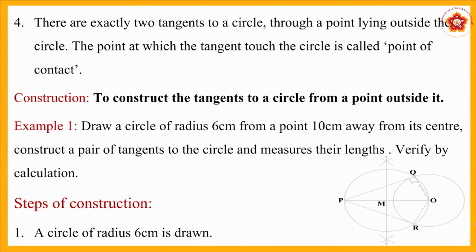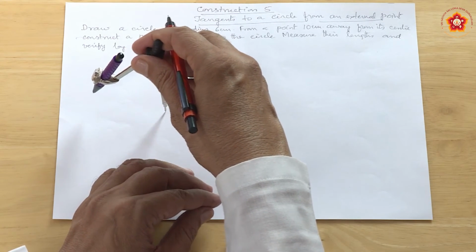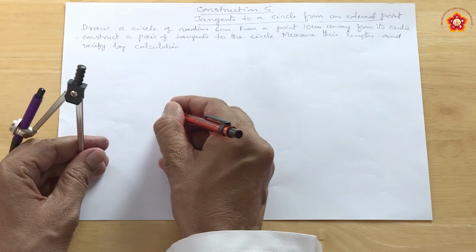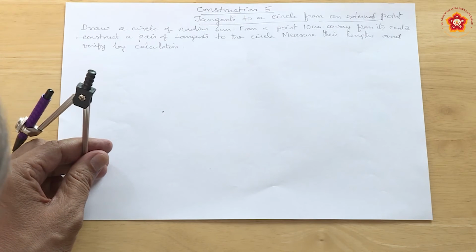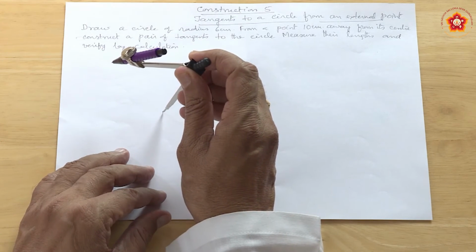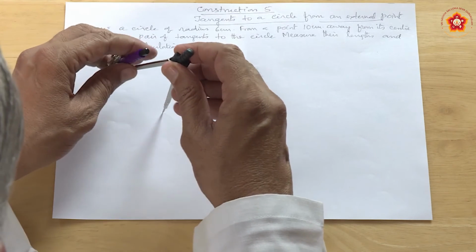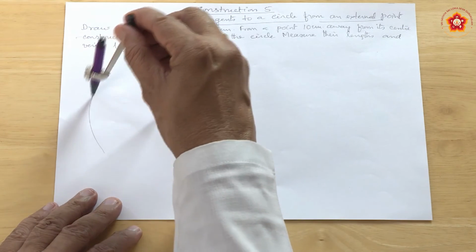Now, first you mark the center. So, you must see that the circle should come within the paper. So, somewhere in the middle you mark it, because in the end of this you should not change that center. So, keep the sharp tip of the compass and draw a circle.